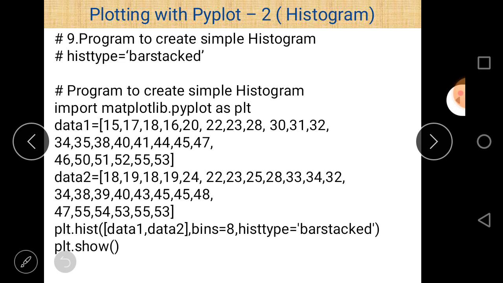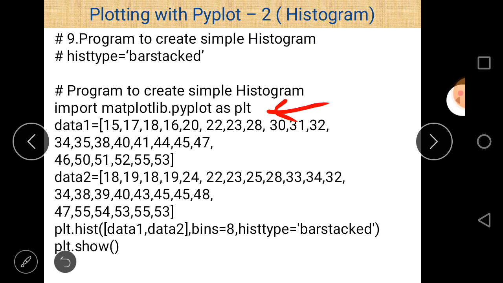So what happens after we use the value histtype equal to bar stacked? This is line number 1. Import matplotlib.pyplot as plt. So matplotlib is a library, pyplot is an interface, used here because we want to plot a histogram, which is a function belonging to pyplot, and pyplot belongs to matplotlib.